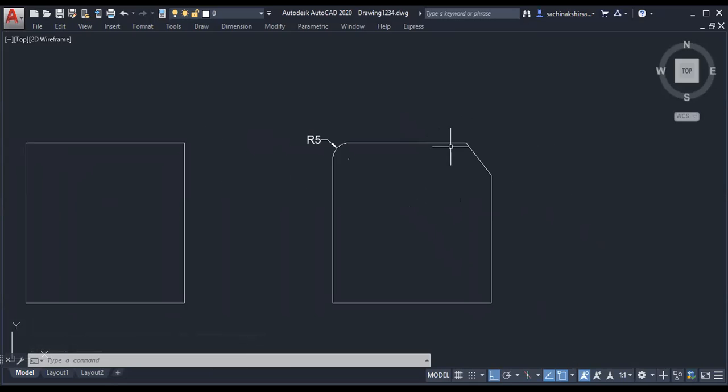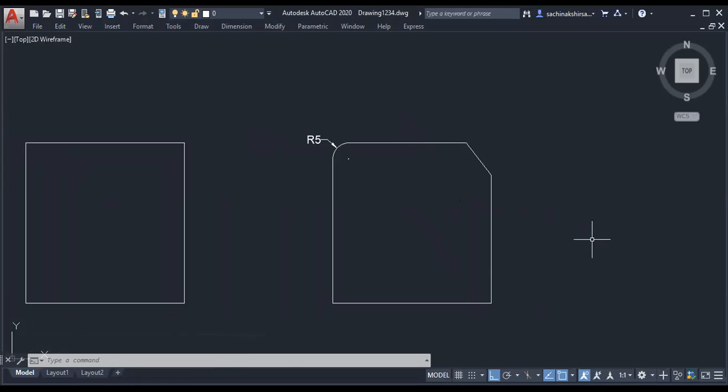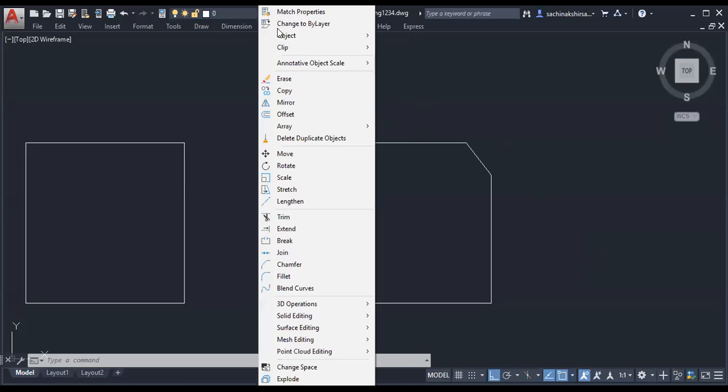So what input is required for fillet? Radius. And for chamfer? Distance. How many times do we enter radius while using fillet? Only one. How many times should we enter distance? 2 times. Very good.